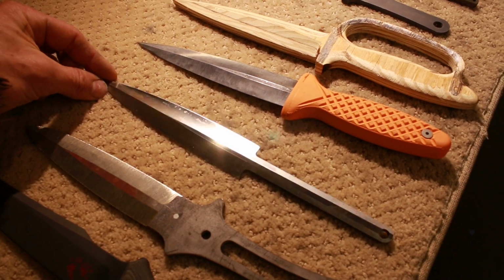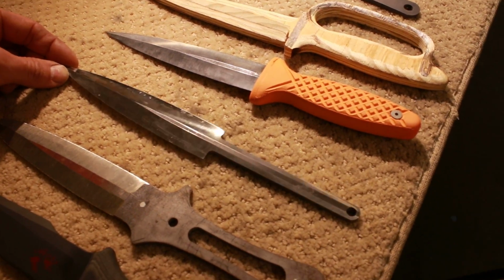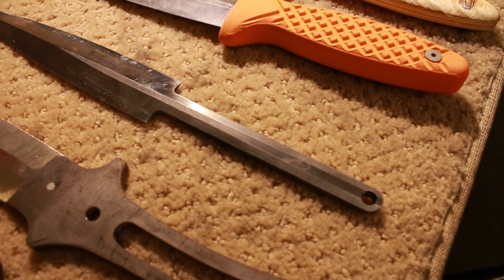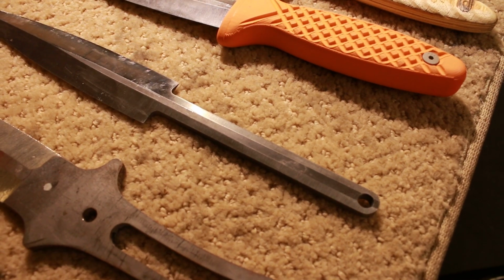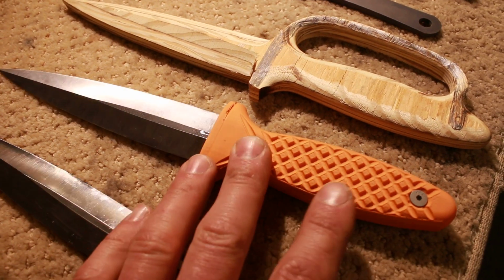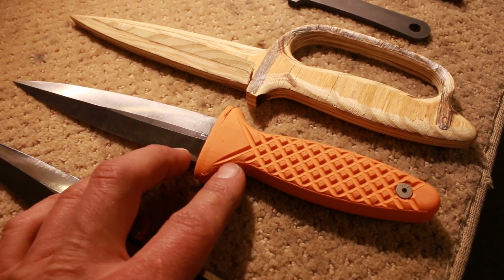This is the Raven LT, and it's going to be hollow ground. You can see that I've ground the tang as well, so that I can slip a handle over it. And this is one of the first neat products that I've made with a 3D printer. This is the prototype,